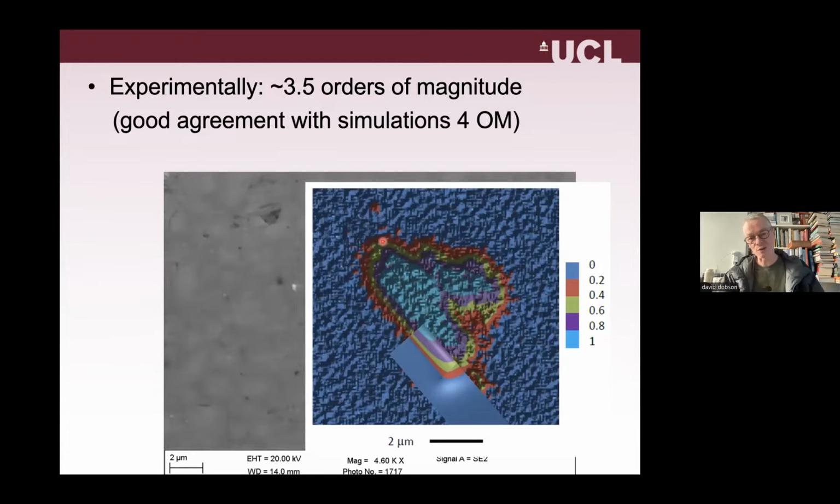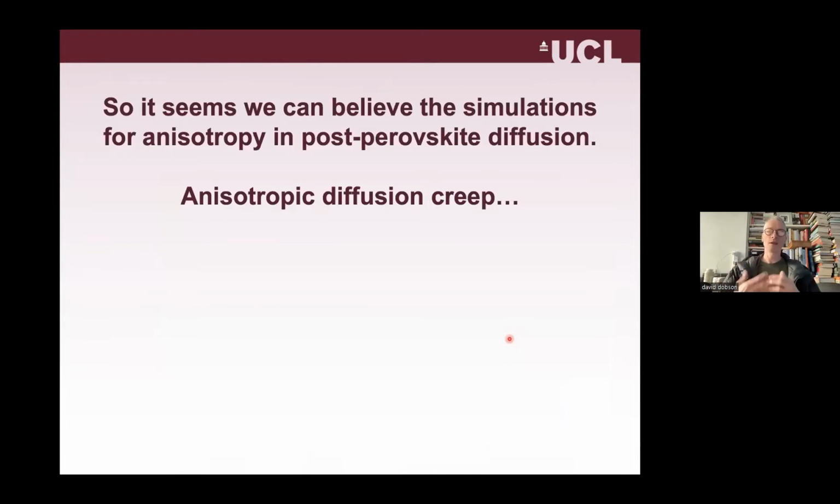And this is actually post-perovskite crystals that have crystallized in random orientations, and some of them are pointing away from the large single crystal. And in that case, you get fast diffusion down them. So actually, even in the matrix, you can see the anisotropy of the chemical diffusivity. Okay. So it seems as though we can believe the simulations for both the absolute values and for the anisotropy